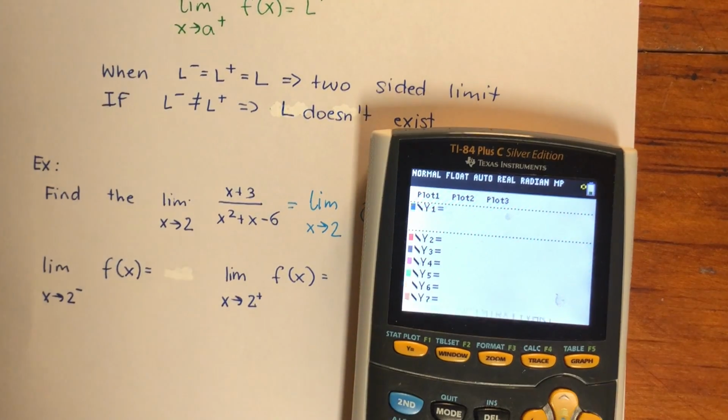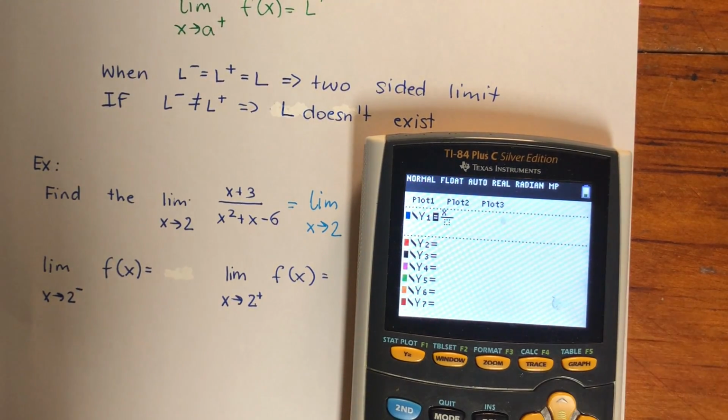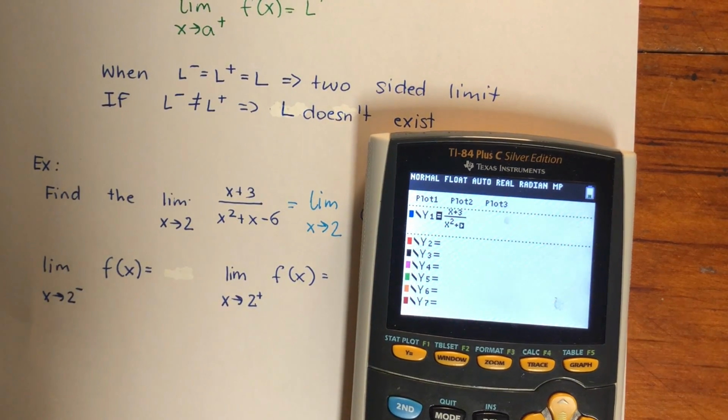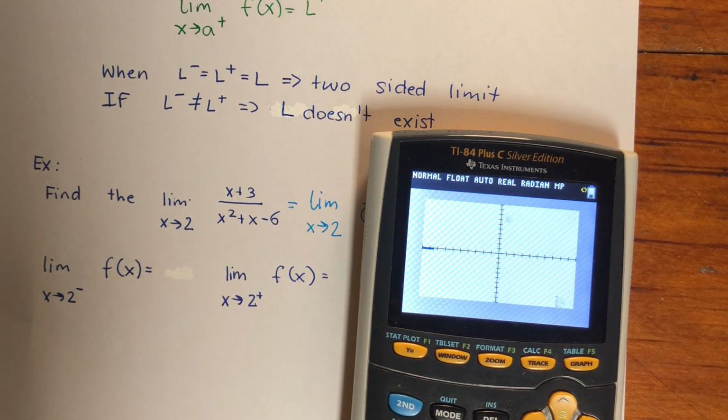So I have one, and we'll see what happens when I graph it. I have x plus 3, and then I have x squared plus x minus 6. And if I graph this, I will see what is happening as x is approaching 2 from the